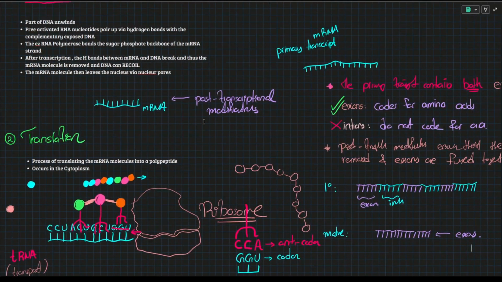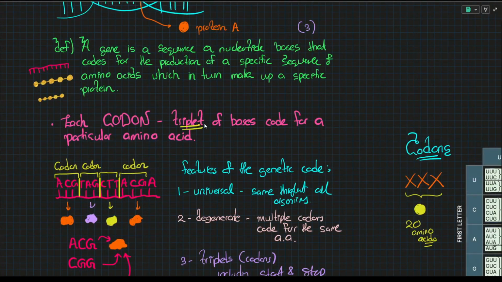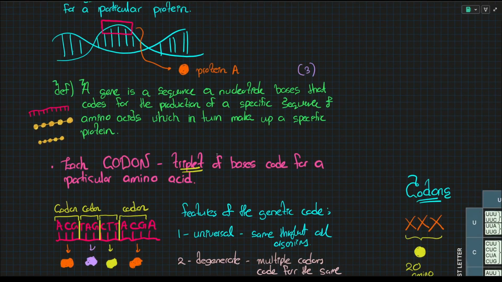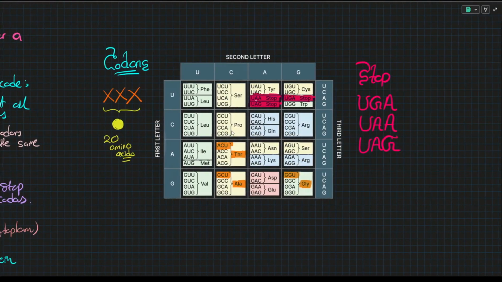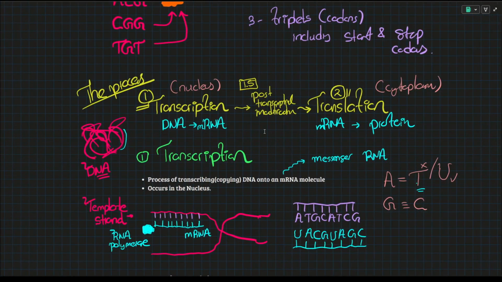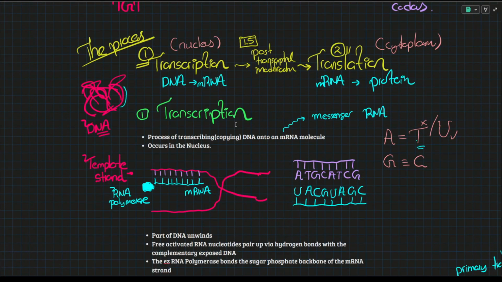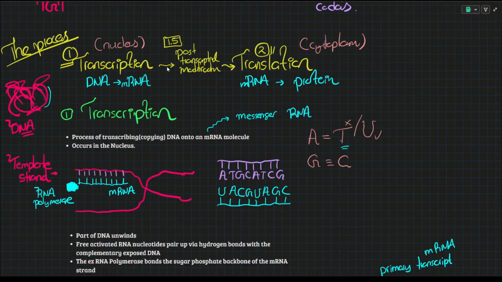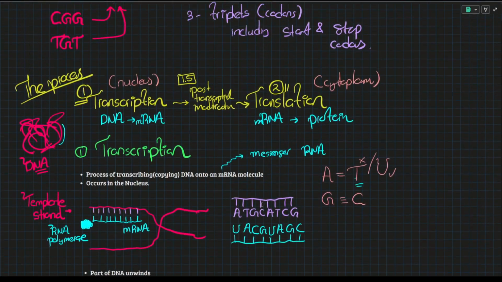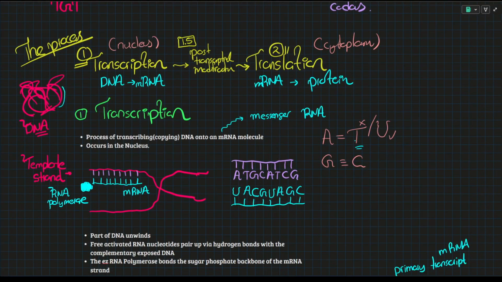It's not hard. Just to recap the entire process and all of the relevant theory. The genetic code is a universal code that codes for specific amino acids, hence a polypeptide and hence a protein. Here you can have a go at all of the codons that make up the universal genetic code. And then you know the process of protein synthesis is a three-step process where we have transcription, post-transcriptional modifications and translation, helping us produce the overall polypeptide chain or the protein that we desire.